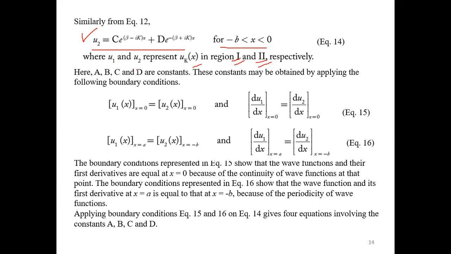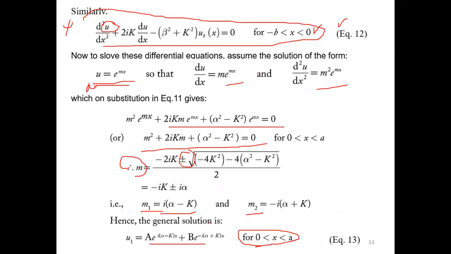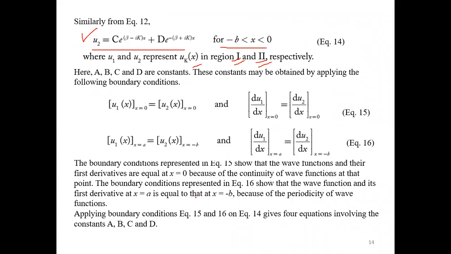We have used some constants: for the first we have chosen A and B, and for the second we have chosen C and D. So A, B, C, and D are constants, and these constants may be obtained by applying the following